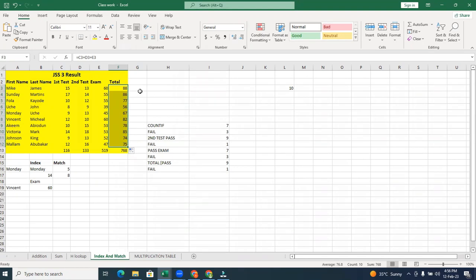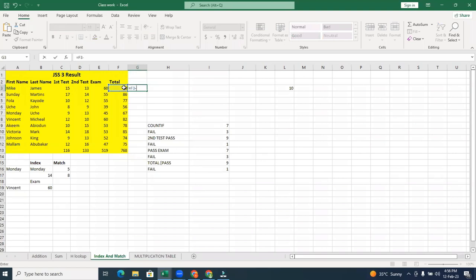So now let's say right here, I want to subtract the first test and second test from this total. I want to know the exam. Let's say we did not note the exam. We just have the total, so we need to get the exam. So I'll say 13 plus 15 in brackets, 60 minus 13 plus 15. So we want to remove 13 and 15 from 88. So I'll say equals to